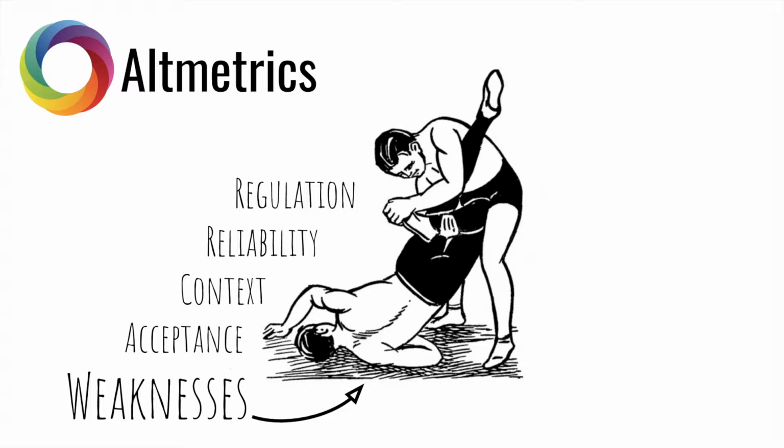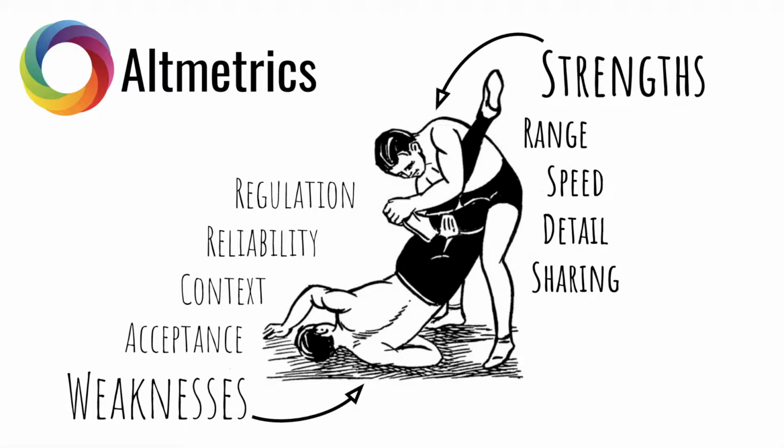But altmetrics also have a number of strengths. They have a huge range where we can measure beyond just the number of citations in other academic articles. They can accumulate far more quickly than traditional metrics. And if researchers get credited for a wider range of research outputs, such as data which are made available online, it could motivate further sharing, which means sharing of knowledge and sharing of skills across research areas.